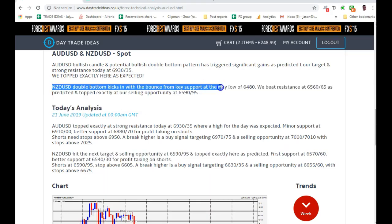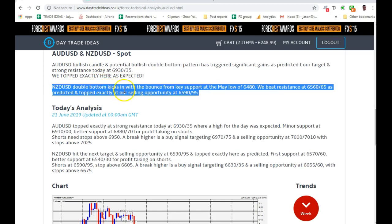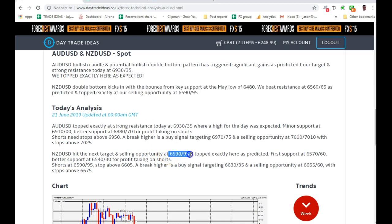On Friday, I wrote about the New Zealand dollar that we had a double bottom kicking in from key support of the May low, 64.80. We actually bottomed just above 64.80. We beat resistance at 65.60, 65, as expected. We topped right at the selling opportunity at 65.90.95 on Thursday. On Friday, we still had that selling opportunity at